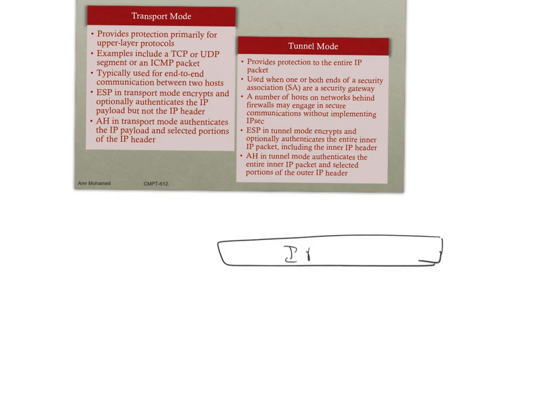we have the IP payload, okay, and we have the IP header. In the transport mode, because we have host-to-host secure communication, the IP of the source and the destination are the same even within the tunnel. So the tunnel is built between two hosts to secure the communication. Okay? So in that particular case, what usually happens is that we add